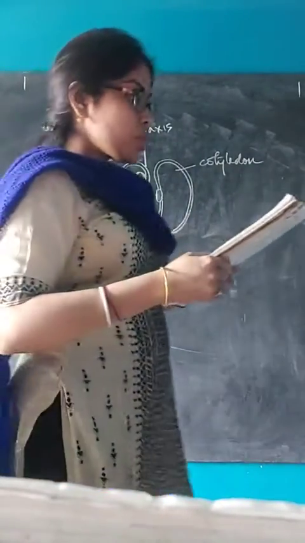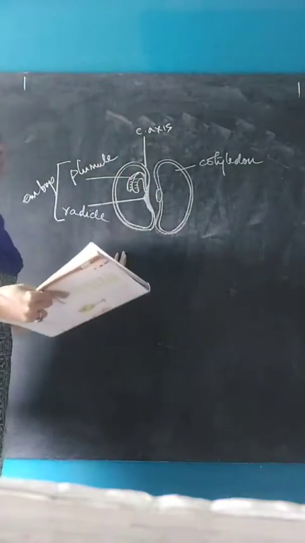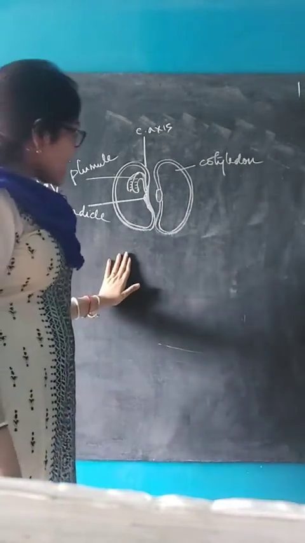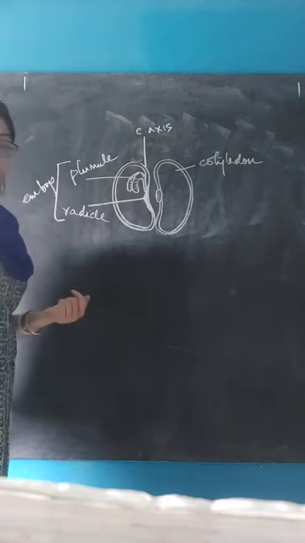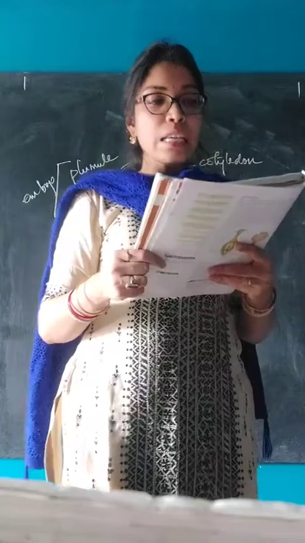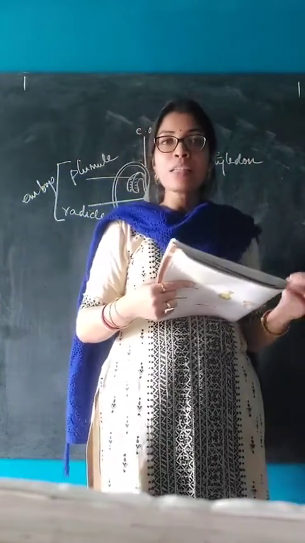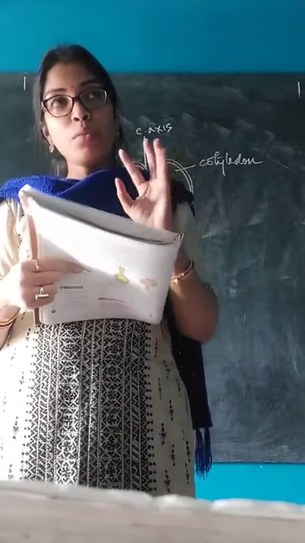So talking about germination of seeds, here I have drawn the parts of a seed. This diagram is there in your book also. I have drawn it on the board so that it will be easier for me to explain. A typical seed of gram. So think of a gram seed or a bean seed. These are typical seeds. That means they contain all the parts of a seed.